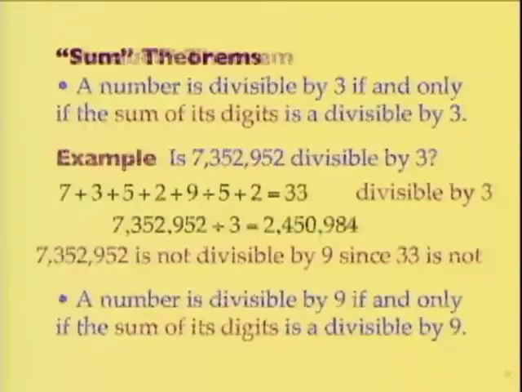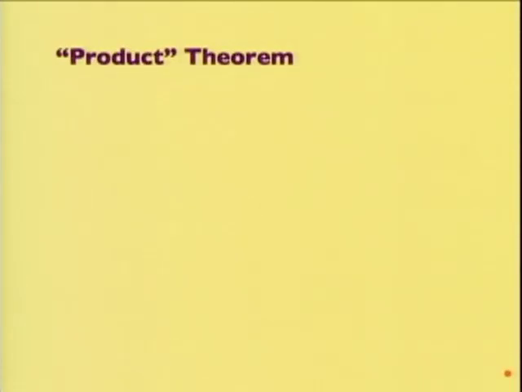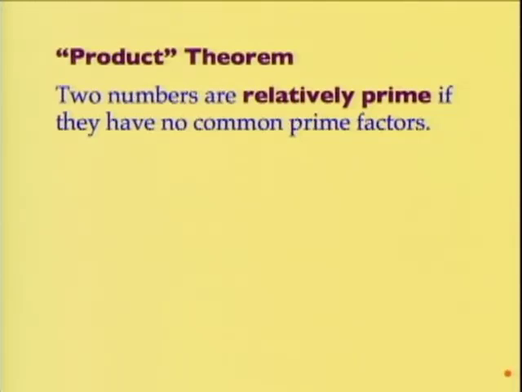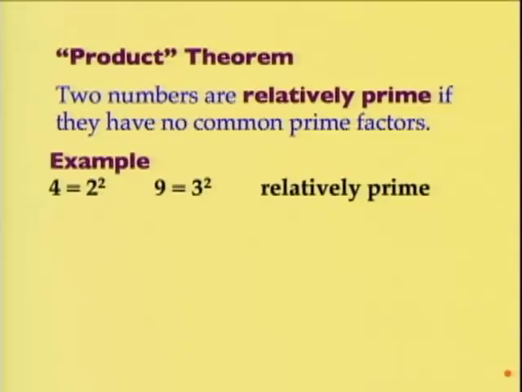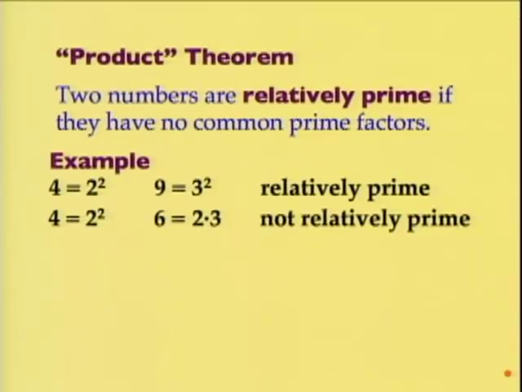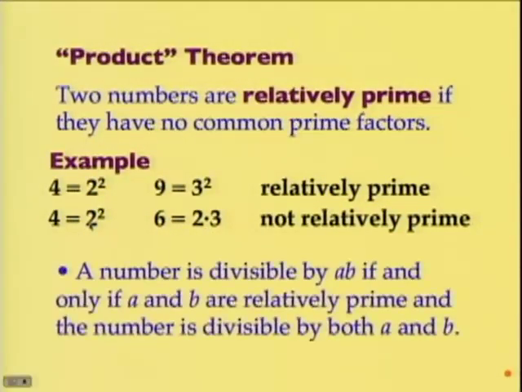Okay? And then the last one, this really kind of opens things up for the rest of us, is I can look at products of numbers as long as they're relatively prime. And what I mean by that is they have no common prime factors. For example, 4 and 9, this is made up entirely of 2's, this is made up entirely of 3's, so they are relatively prime. 4 and 6 are not because they share a 2 factor. And as long as they are relatively prime, then a number will be divisible by the product if it's divisible